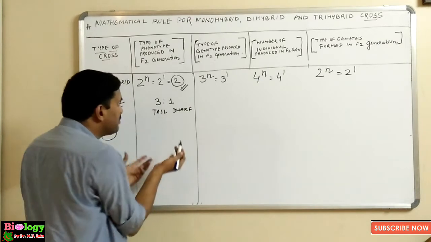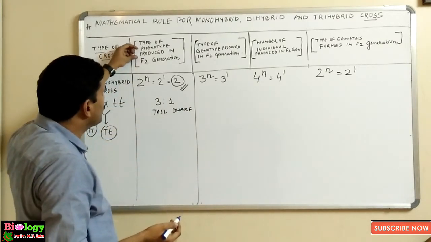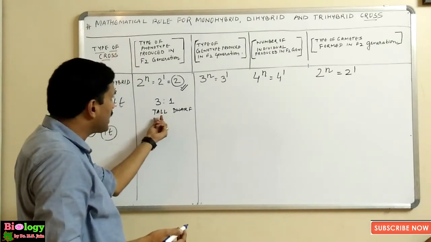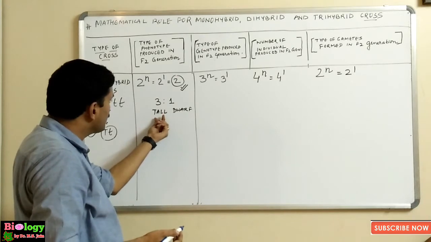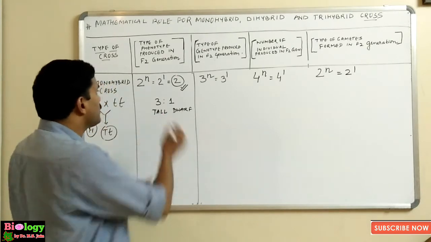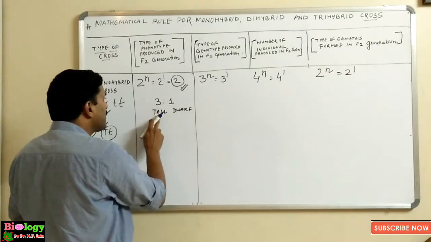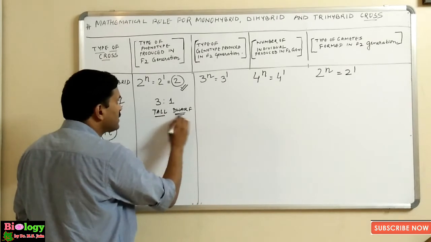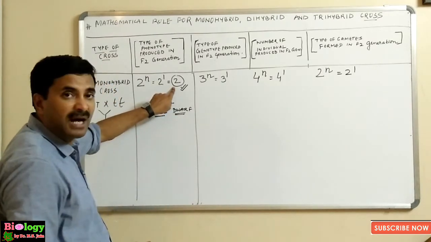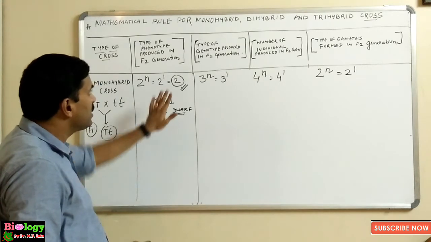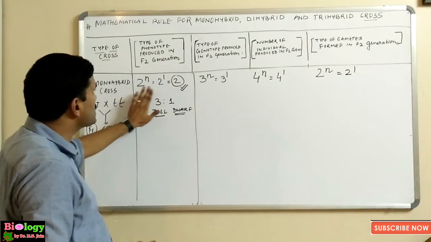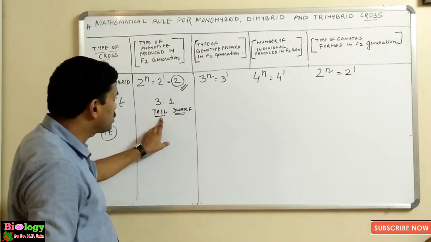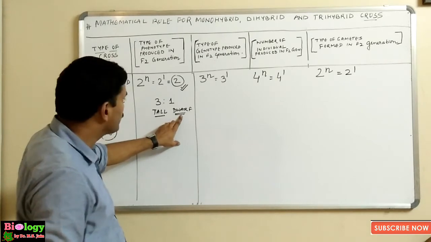We are not looking at the numbers here. We are trying to know the type of phenotypes produced in the F2 generation. So how many phenotypes were produced? One was tall and another was the dwarf. You have seen that in the 3:1 ratio we have 3 tall and 1 dwarf. So tall is 1 phenotype and dwarf is 1 phenotype, so 2 phenotypes are produced. So without making the checkerboard, we can know that in a monohybrid cross, the type of phenotypes produced in the F2 generation will be 2 in number. One will be the tall phenotype, and another is the dwarf phenotype.